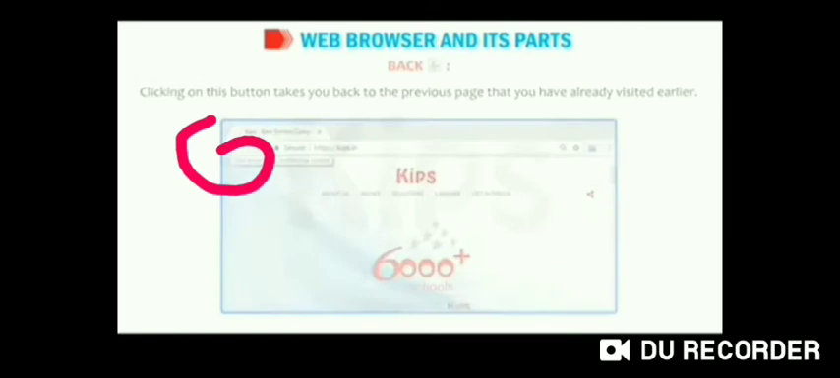Okay, just like your book. Okay, in your book we have page numbers. If I'm on page number 100 and I want to go to 99, then I just turn my page just like that. In Google Chrome we have the back button to go to the previous page. Next one,